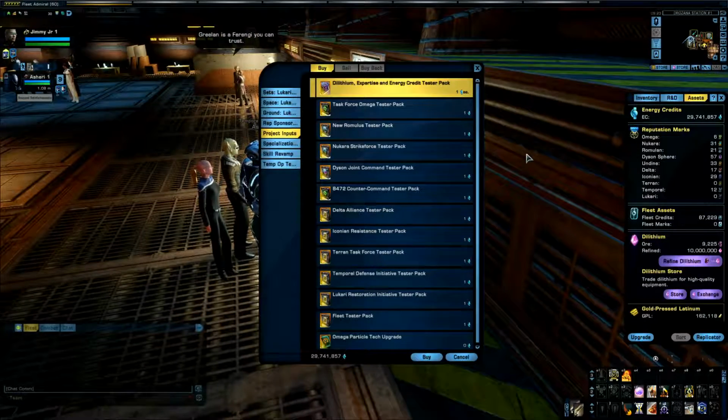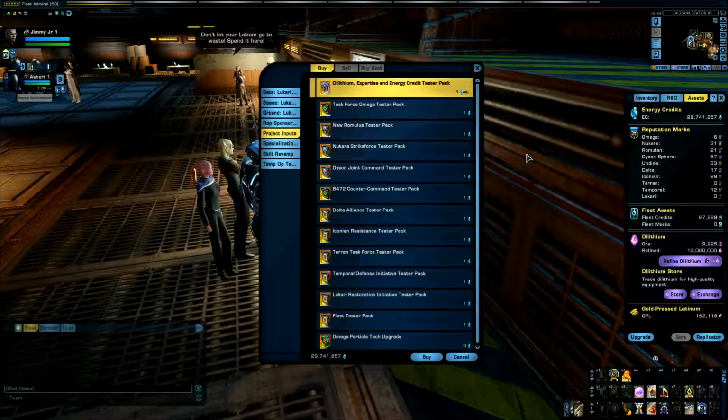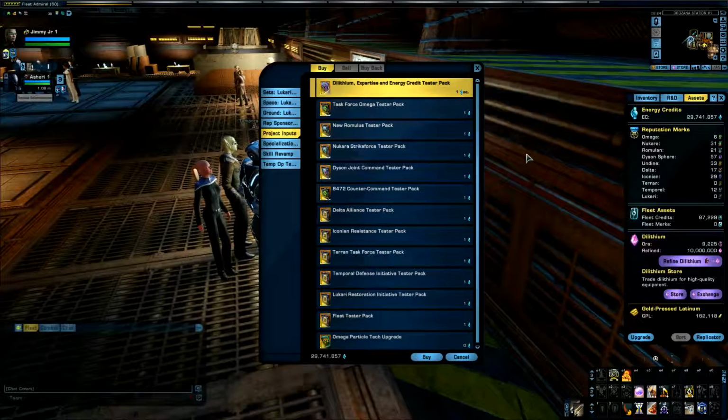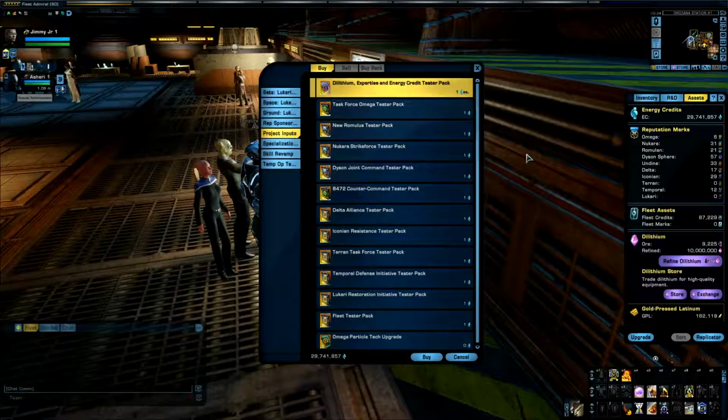Now, everything, like I said, is available through this. All of the reputation systems, the space and ground sets, it's all available so you can play with it. If you want to see how combining different kits will work, or how the new Lukari reputation does against, say, the Omega reputation system, you can do that. You can test out the STFs, you can test out the new battle zone, as long as there's enough people to participate in them, because otherwise it's not very fun. You get a little overwhelmed, as Jimmy and I have seen a couple of times.